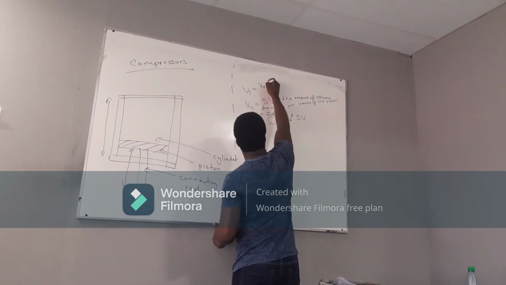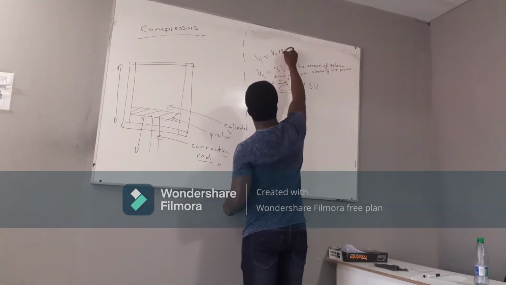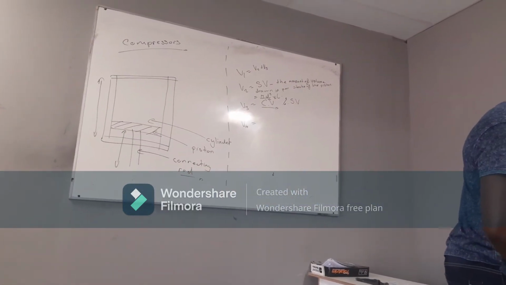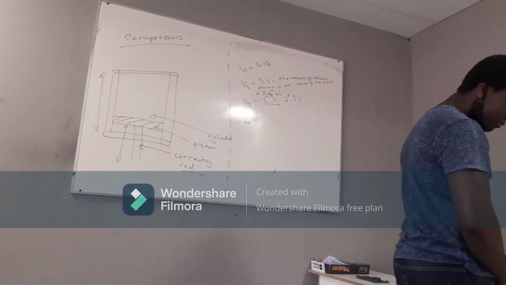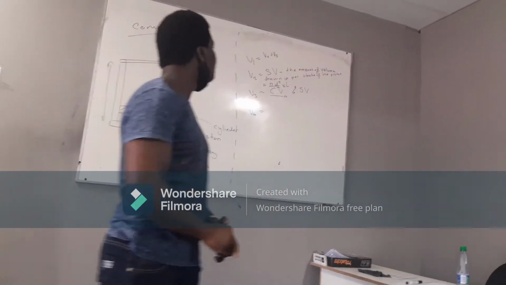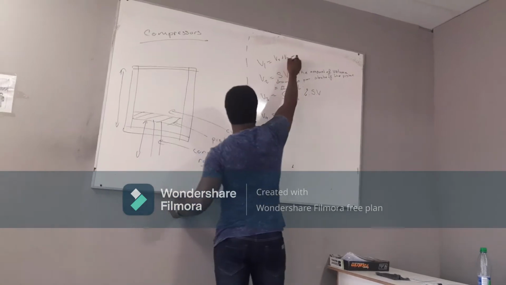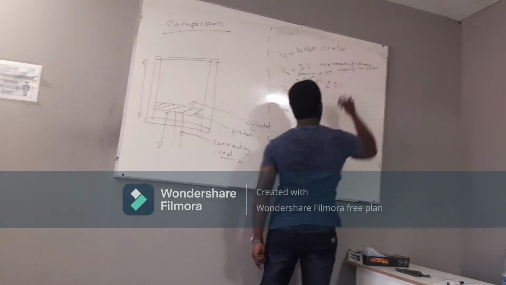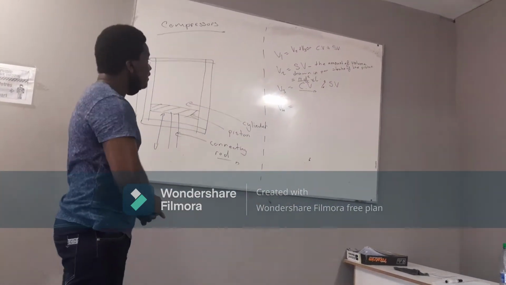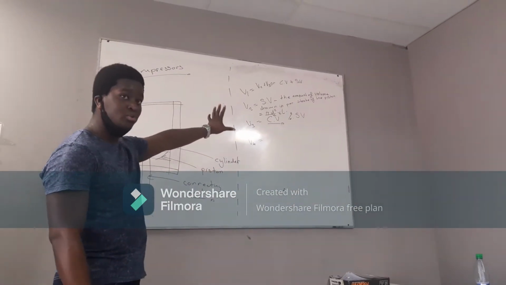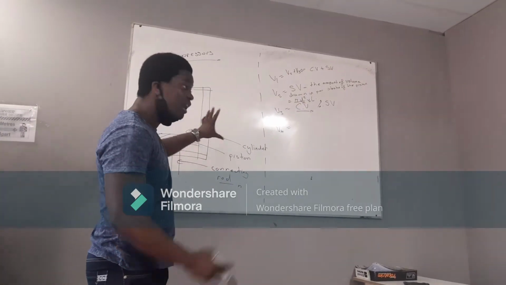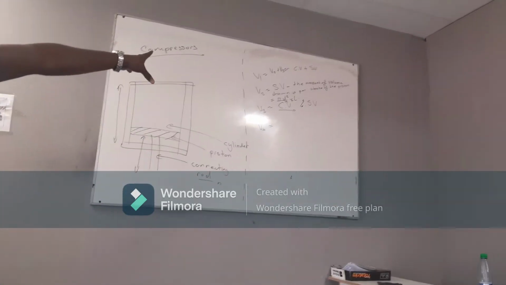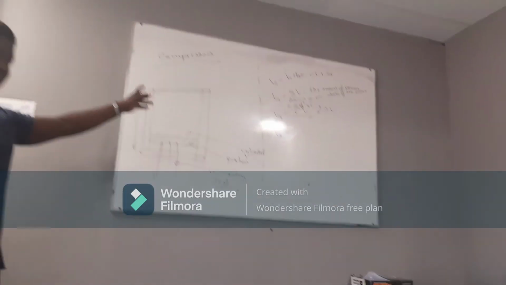V2 plus V3. Yes, it's V2 plus V3. Or in other words, it's equal to clearance volume plus swept volume. Are we together? This is the definition for V1. It is the total amount of volume that you will find in the cylinder after it is done sucking in. Or we can call this the intake conditions. V1 is the intake volume that you have.